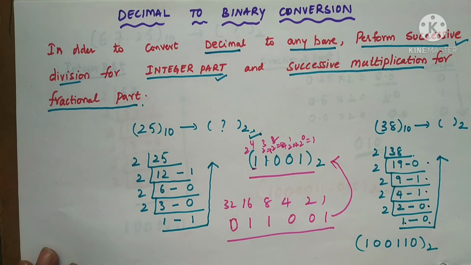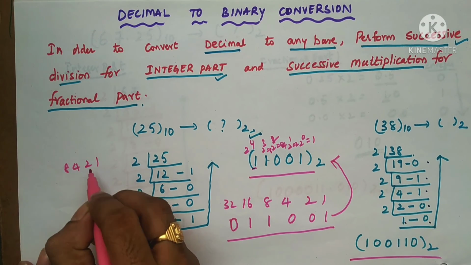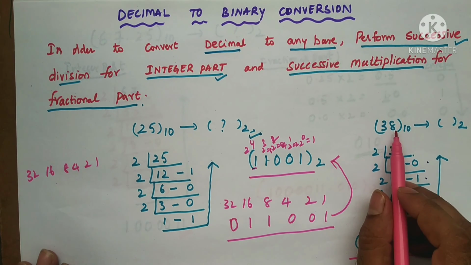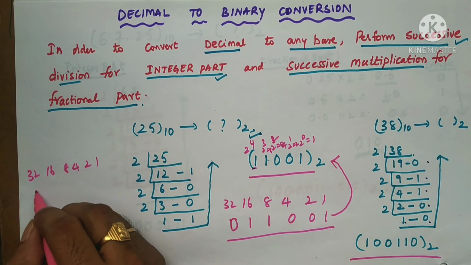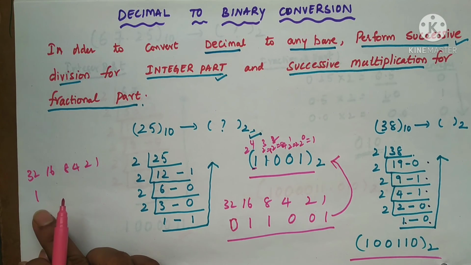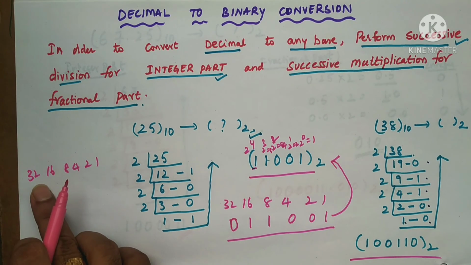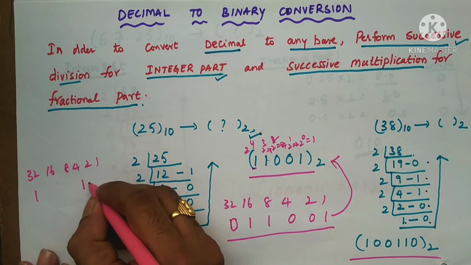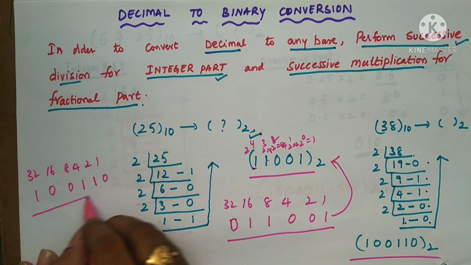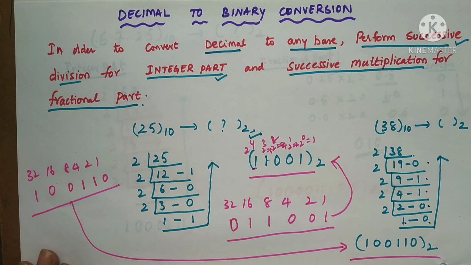Okay, let us take this number, right? 8421, 16, 32, likewise. The number is 38. So I have to consider 32 now. If I consider 32, 38 minus 32 is 6. Okay, 4 plus 2 is 6. Remaining all, put zeros here. So this is the answer you got. 100110.